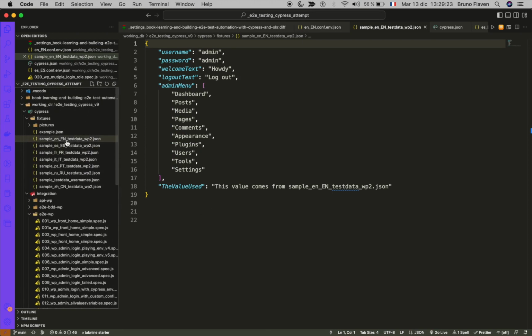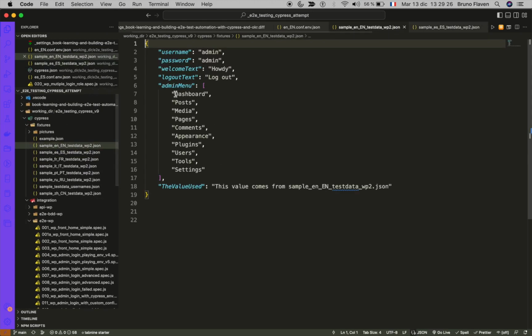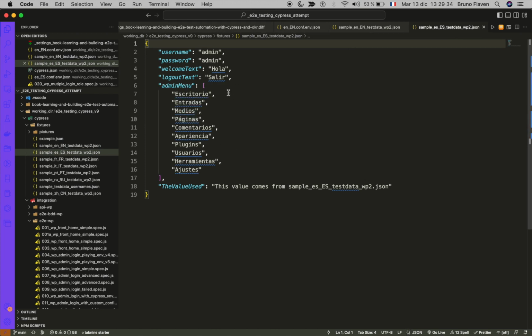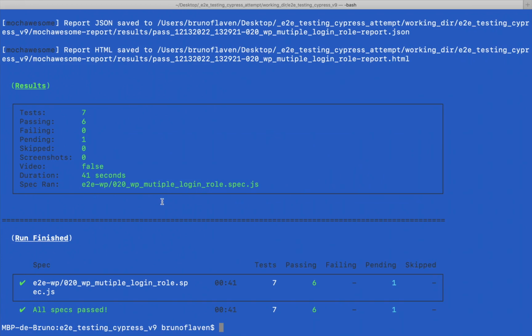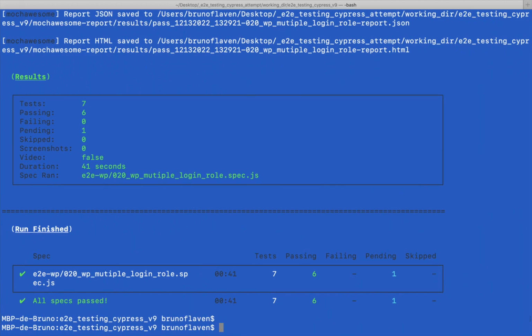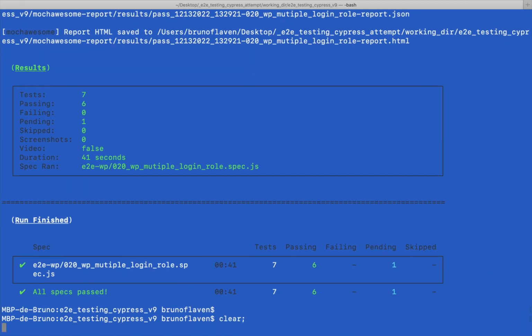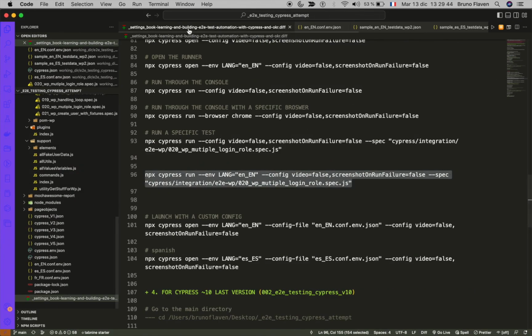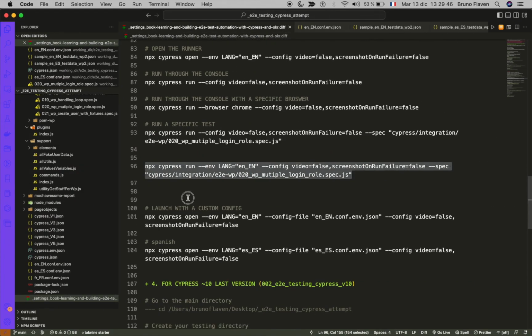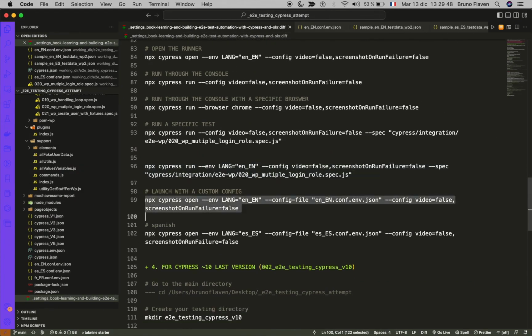and in Spanish. You see, so for instance, if I test it in English, it will need the label in English, and if I test it in Spanish, it will test in Spanish. So let's do it. So we're okay, it's going through. I'm cutting out, and then I'm coming back here. So with the custom config,